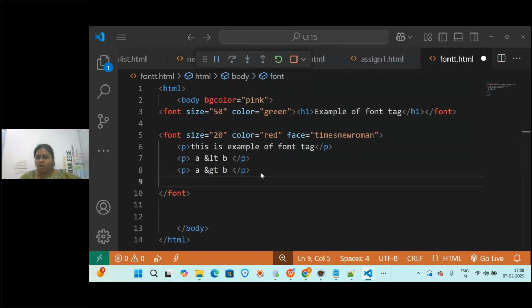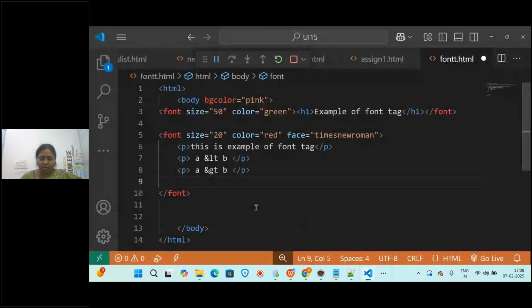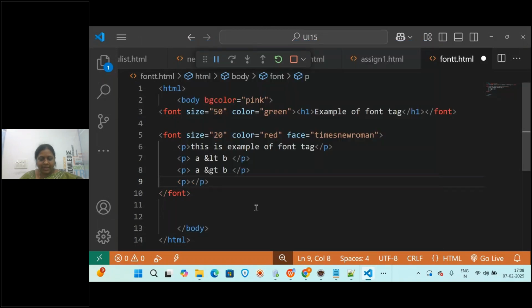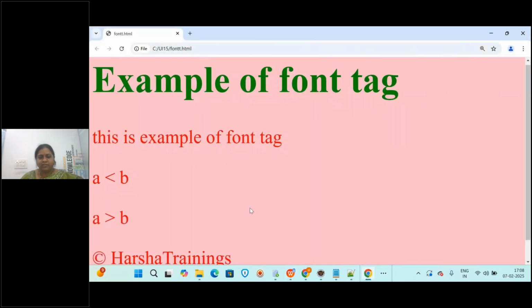And if you want the copyright symbol, you have to give ampersand copy. Suppose you are writing here in the p tag itself, ampersand copy, and I am writing Harsha Trainings. Save this and go back to the browser and refresh. What did we get? Copyright symbol.